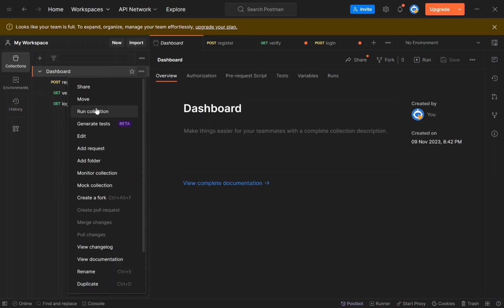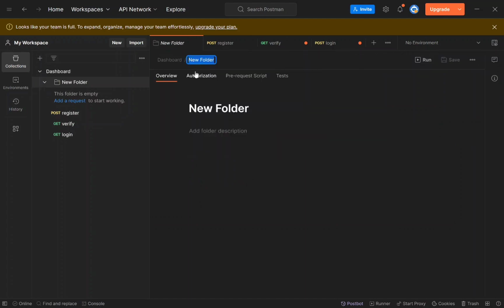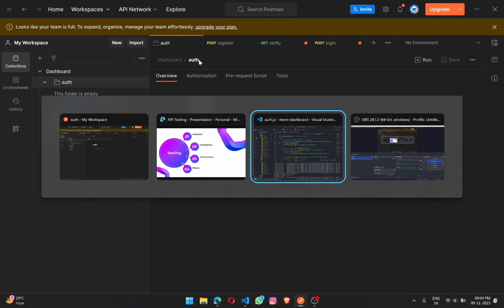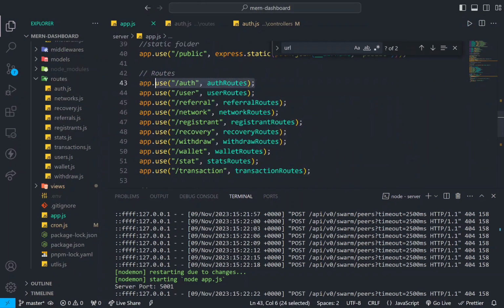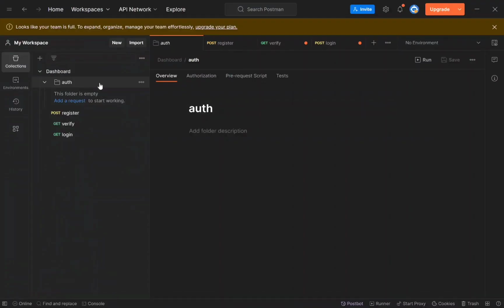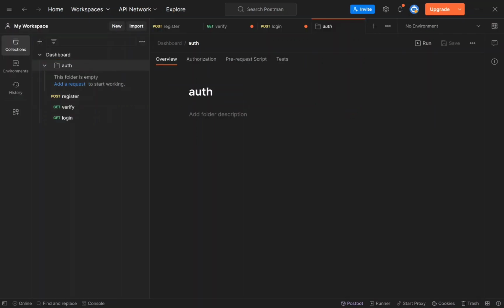What we are going to do is add a folder inside of this collection and we are going to name this folder auth. Why did I name this auth? If we go back to this particular thing, we have the router for managing the authentication inside of this path, right? So we can pick this keyword and create such folders to make the arrangement much prettier, much more understood, right? And I'm going to drag and drop this